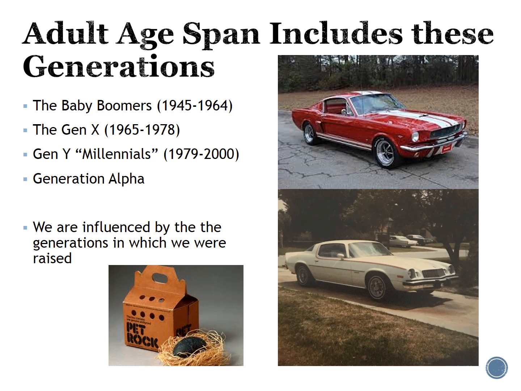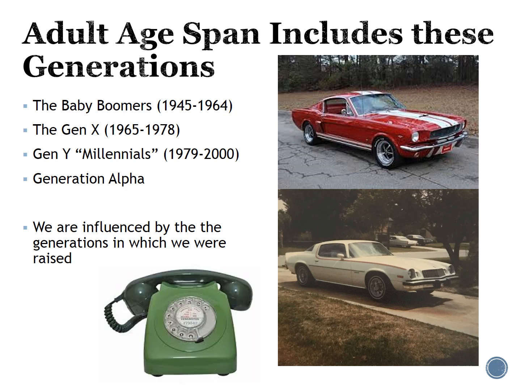I can tell you that I was born in 1965, the year of the Great Mustang. That is my first car in the picture below. It's a 1978 Camaro. I can tell you that I did own a pet rock. And also I used to make phone calls on a phone that looked like this, where you had to dial and put your finger in and the dial would go all the way around for just one number. We also had something called a party line, which is where you could pick up the phone and you shared your phone line with several people in the area. And if somebody else was using the phone, you couldn't make your call, so you had to wait until it was your turn.